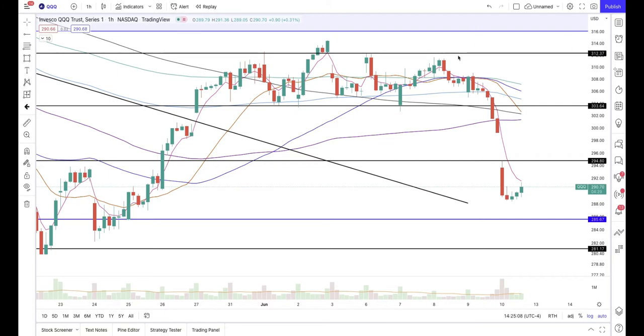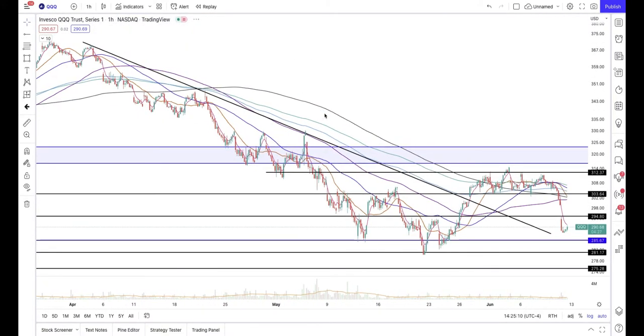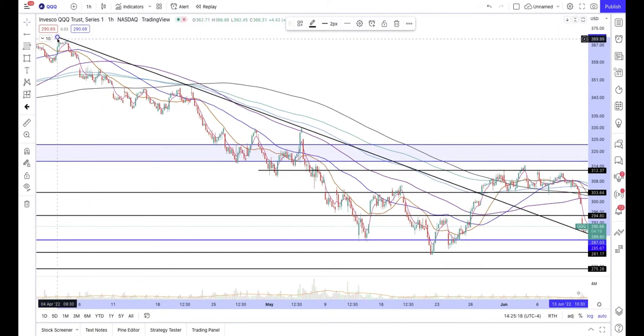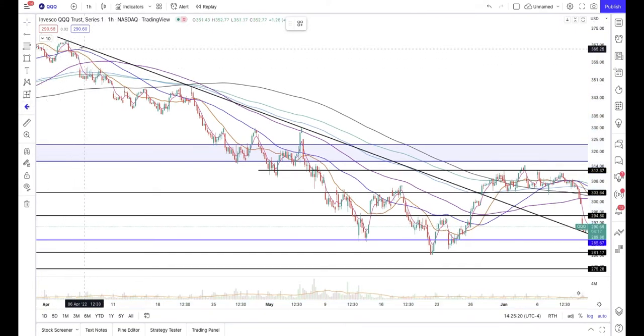But I want to show exactly why we stopped where we stopped. If you take a look at this downtrend on the QQQ, we were in this really easily defined downtrend,